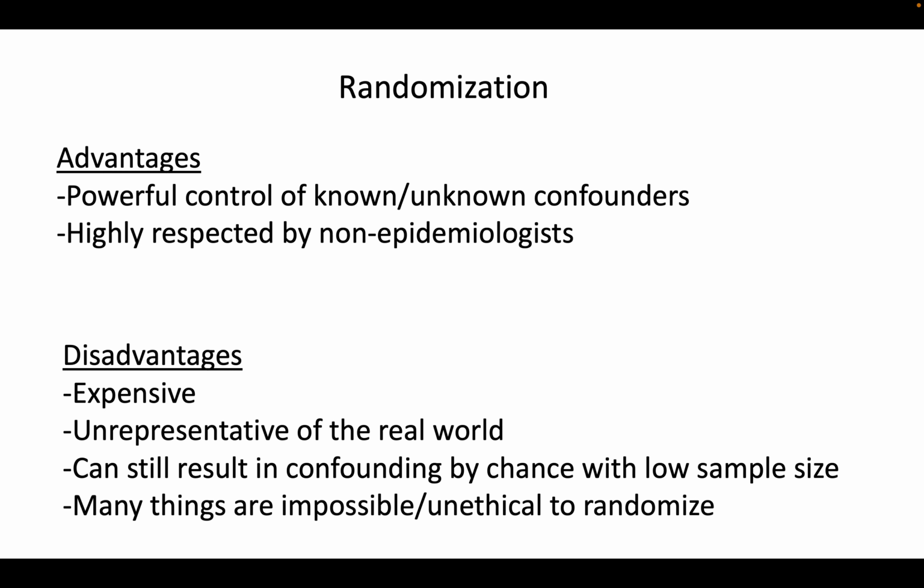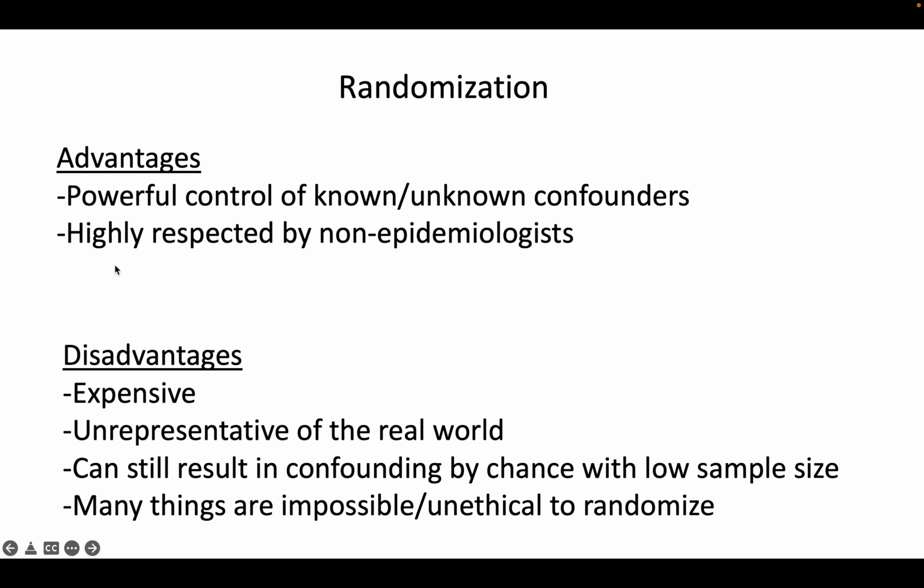But randomization is so respected because it doesn't rely on you counting all of the confounders and coming up with every single confounder, because if you randomize, it ruins the relationship between the treatment and anything. It eliminates the relationship between the treatment and everything except mortality or whatever the outcome is, because that's the only thing that hasn't happened yet, and it's impossible for it to be related. But yeah, that's more of a philosophical argument. Long story short, randomization is good for controlling both known and unknown confounders,